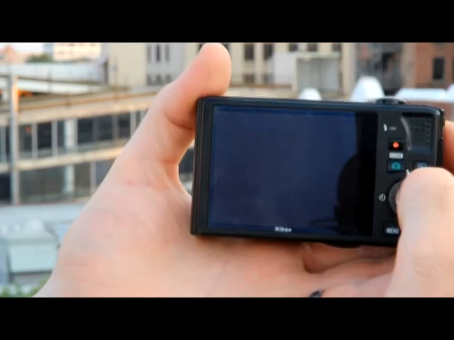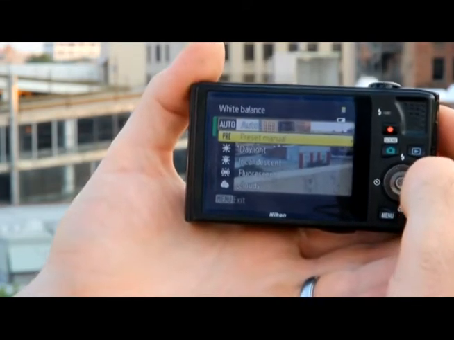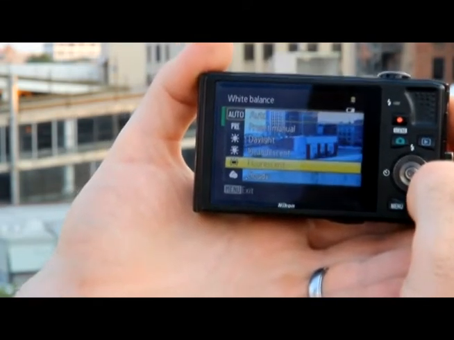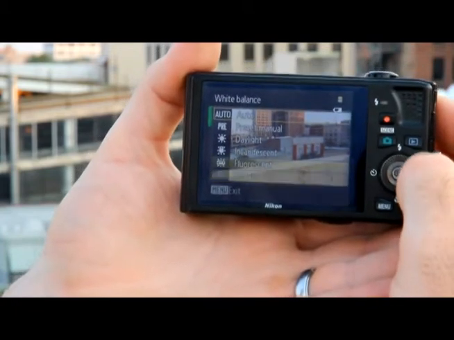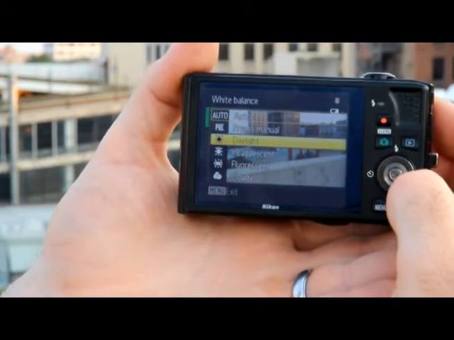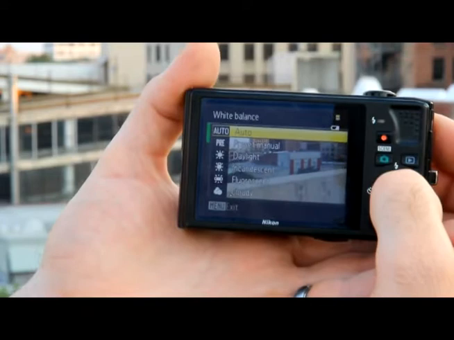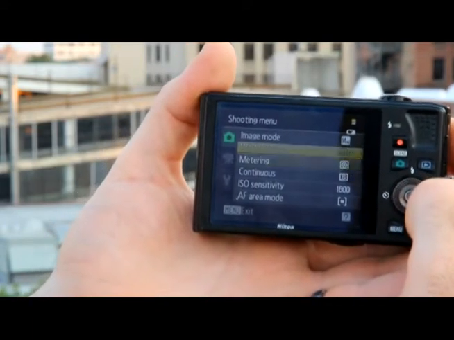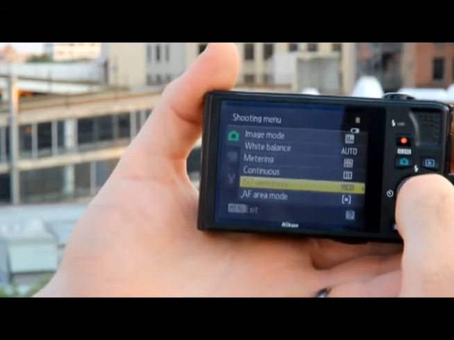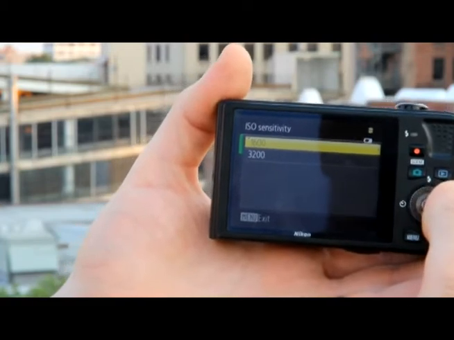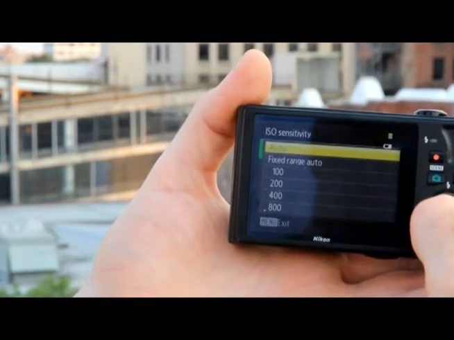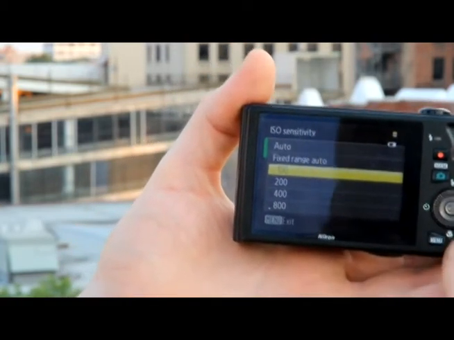Consequently, this is also where my white balance for this particular camera is. So if I'm shooting at night, you can see as I scroll through, I can find different settings. 9 times out of 10 though, auto white balance is going to work great. Go to your ISO sensitivity here, and you can either set it at auto, but here at night you're going to need to